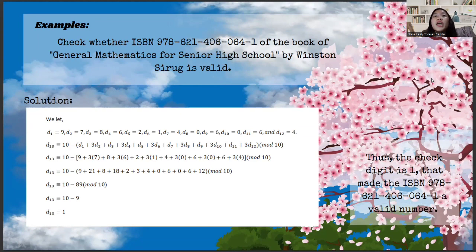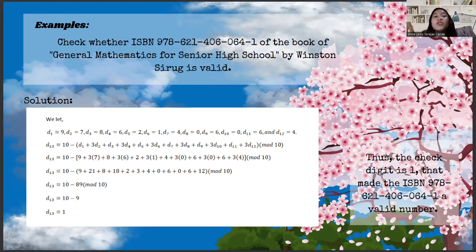We will check if the check digit is 1. We will do the substitution, and after substituting, same as with the EAN 13, if the subscript is an even number, then you are going to multiply it by 3. After multiplying, since there is no need to simplify further, we are now going to add all the digits in the